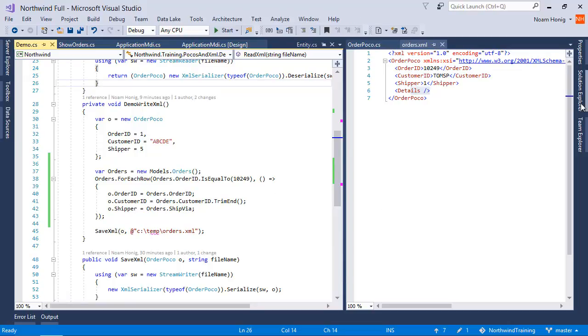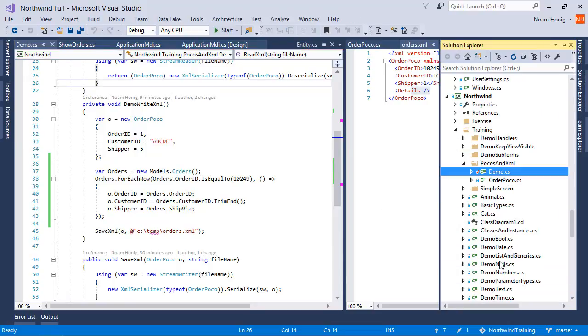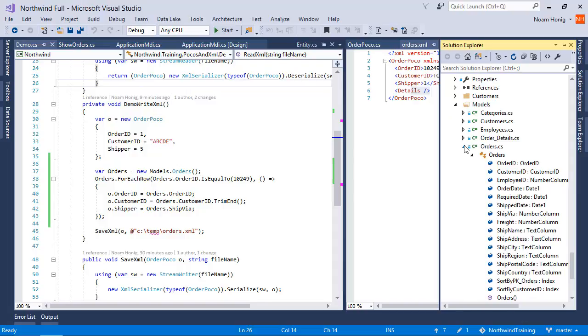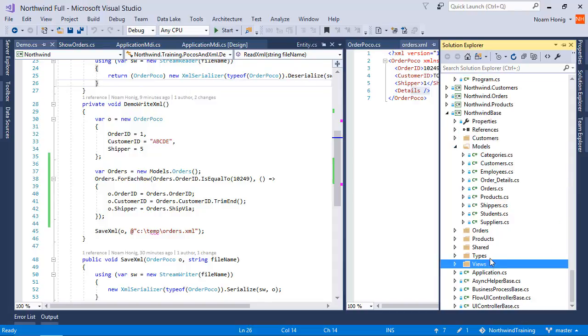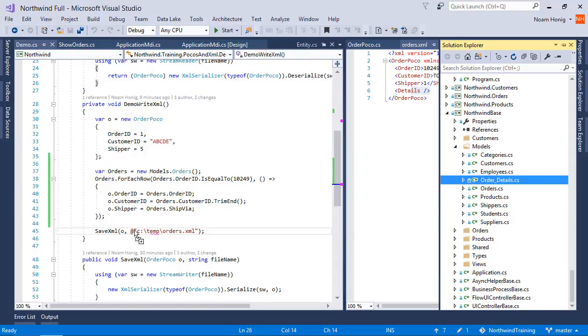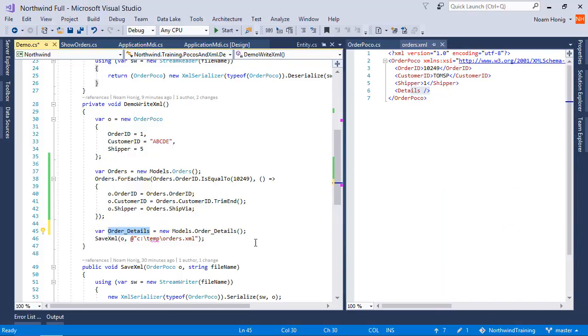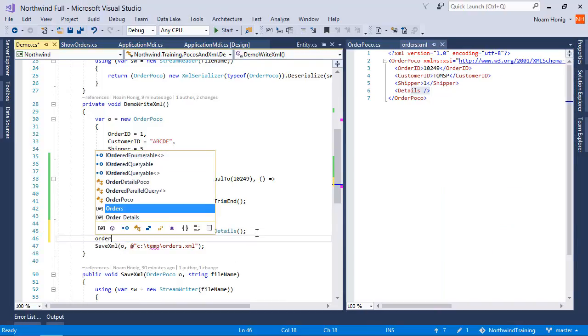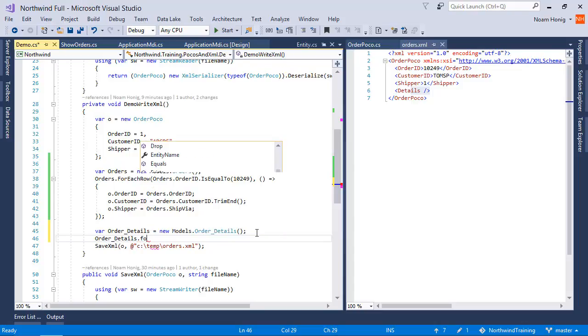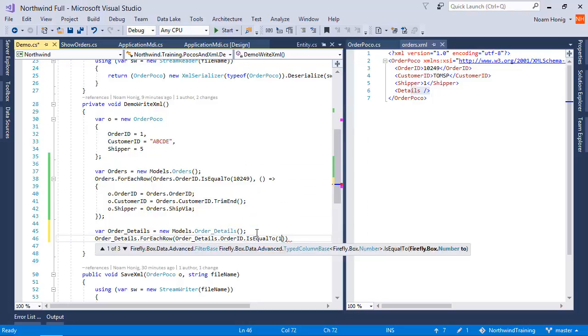We're going to do the same. We're going to go and get the order details table. Yes, order details table. Drag it using the control key. Perfect. And then say order details.for each row where order details.order ID is equal to 10249, and